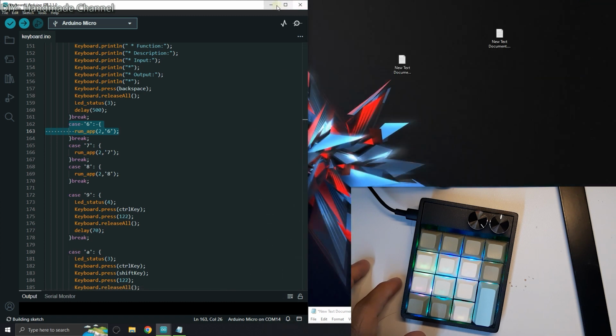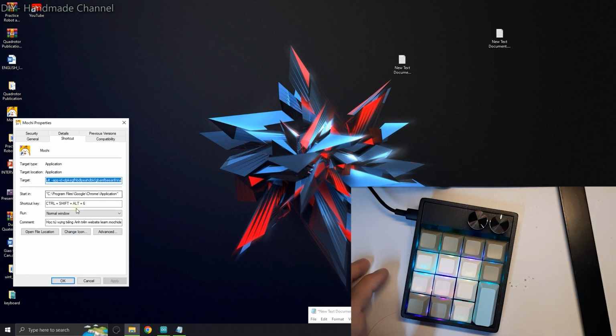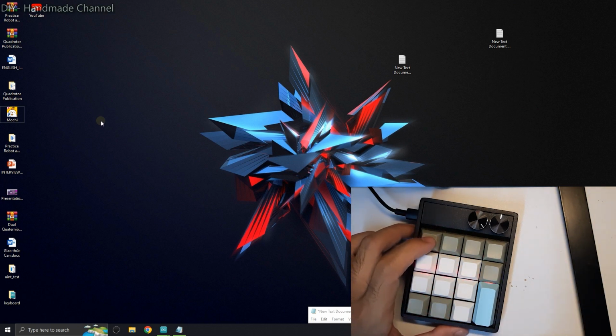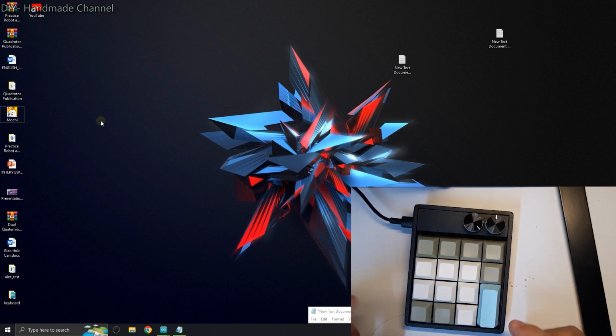For example, this application has a quick launch function that's a combination of Control, Shift, Alt, and 6. So when I press the 6 key and press enter on the keypad, the application will open.